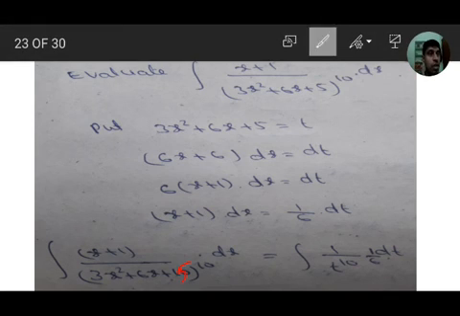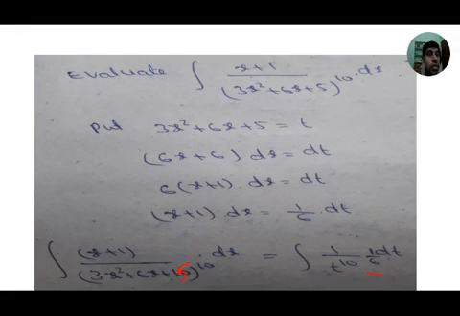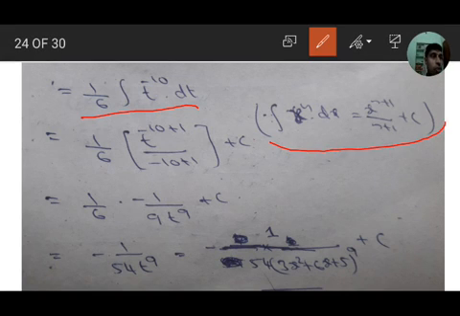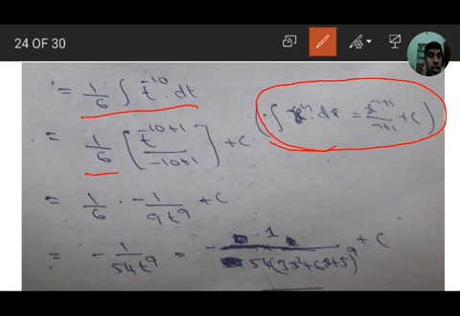Okay, 1 by 6 is constant outside here, and t to the power of numerator means t to the power of minus 10, and using the formula, that is 1 by 6 into integration t to the power of minus 10 dt. We have the formula integration x to the power of n dx equal to x to the power of n plus 1 by n plus 1 plus c, that is 1 by 6 as it is, t to the power of minus 10 plus 1 by minus 10 plus 1, here variable t, and n equal to minus 10. So t to the power of minus 10 plus 1 means